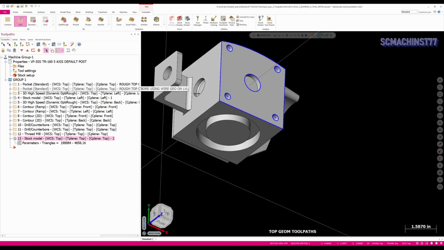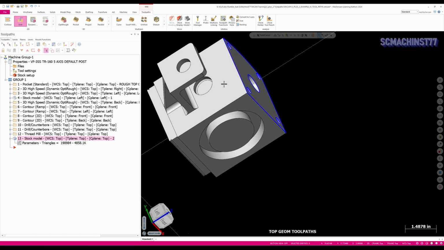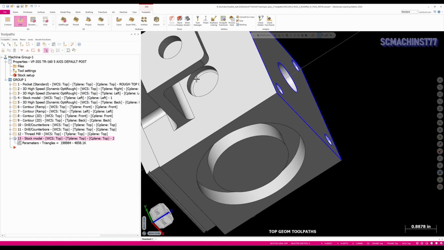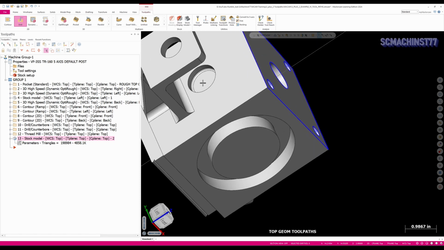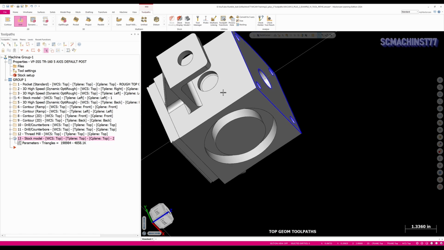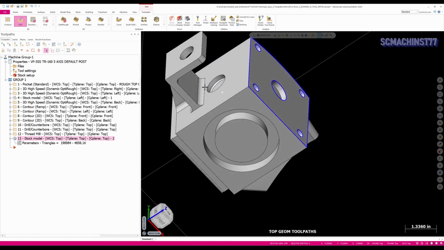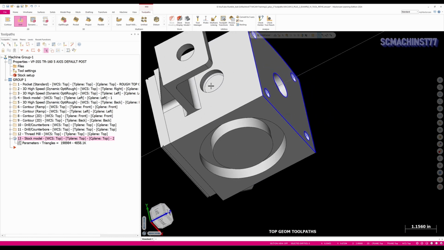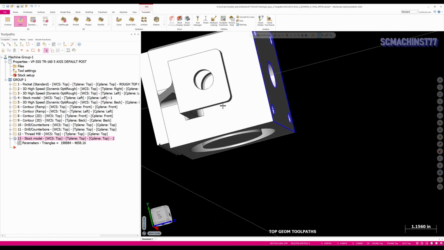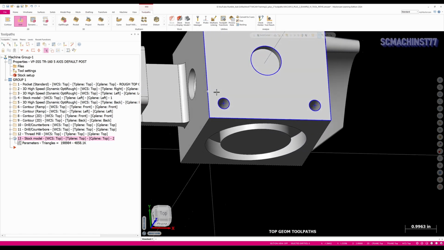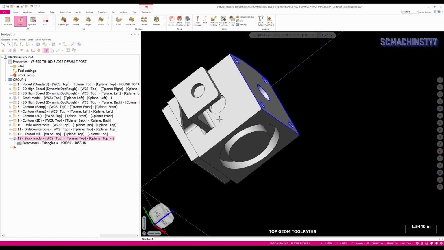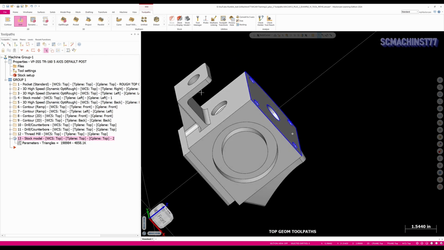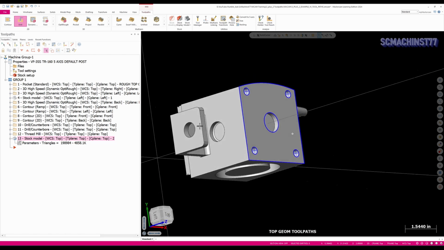There's also, we've got this hole. The only way to get to that hole is to actually use a 5-axis tool path, and I may demonstrate that first, because we actually have to rough that counter bore. That's not practical. I hope somebody would not ever design a part like this. You can machine it, but it's not a practical thing to do. But I'm going to show you how to machine it. So